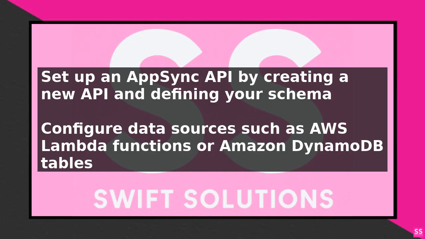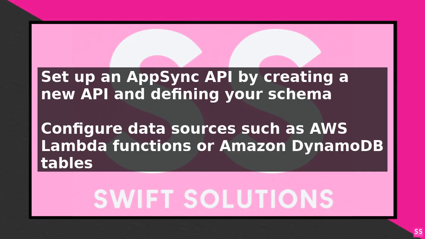Next, you need to install and configure the AWS Amplify CLI. The Amplify CLI is a tool that helps you to create, build, and manage your Amplify projects. You can install it using npm or yarn, then initialize it in your project directory. The Amplify CLI provides a simple and consistent way to create and manage your AppSync API, authentication, and other AWS